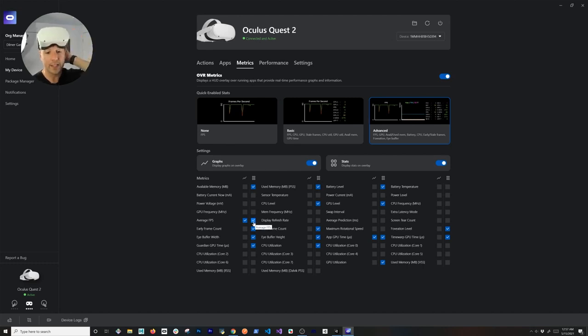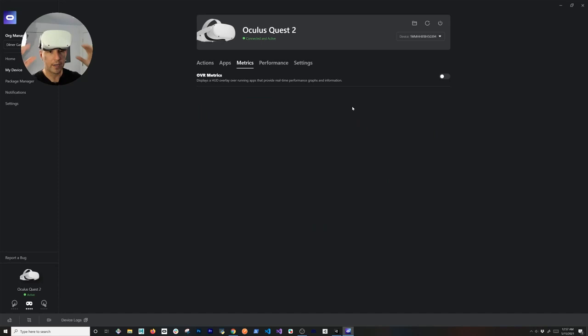So if you don't want to see them, you can just toggle them. And then utilization on different CPUs if you wanted to see that as well. And we can basically enable everything if you wanted to see everything. So that's going to be metrics. I can also turn them off. And as soon as I turn them off, you're going to see that now those metrics went away,